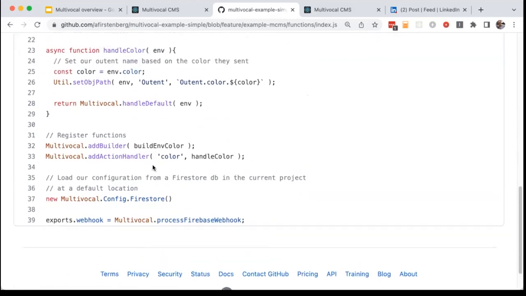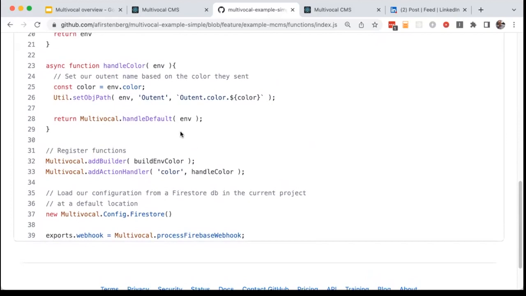We've also added a handler, which will only happen for the color action. An action handler for color. And handle color is in some ways even simpler. It looks at what color they set. We get that out of the environment, and we create an outtent. We save in the outtent in the environment the string